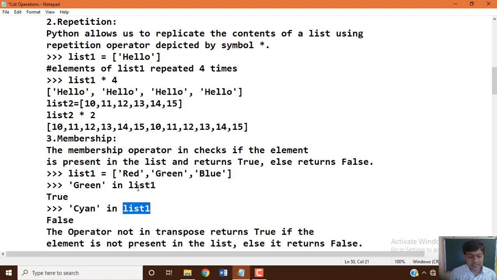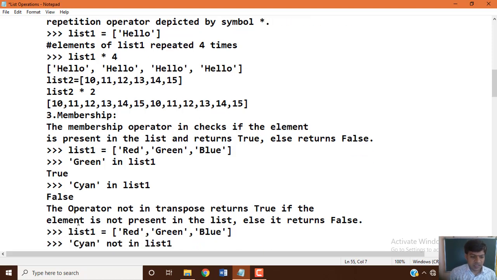In our case, the example which we took is red, green, blue, but we are trying to check whether cyan is a color which is available or not as a data item. Now it is not available within our list example, so we get output as False. That is how we use the in membership operator with a list.